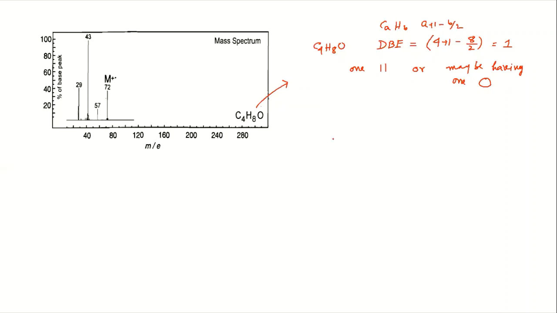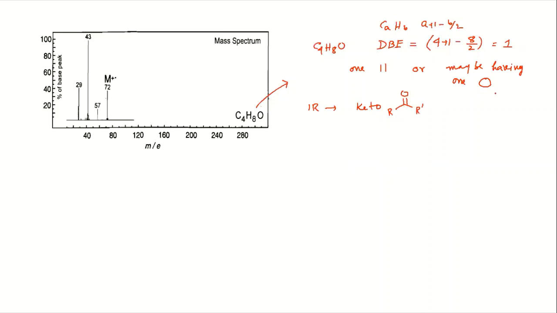Since your IR is telling you have keto type, which has a double bond,